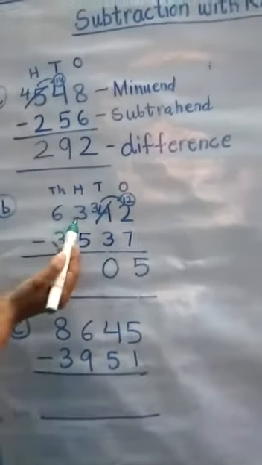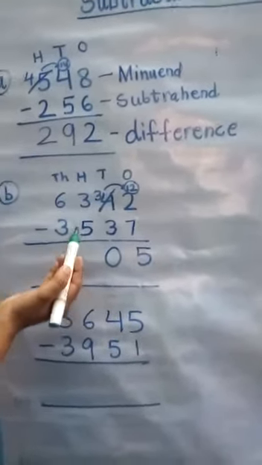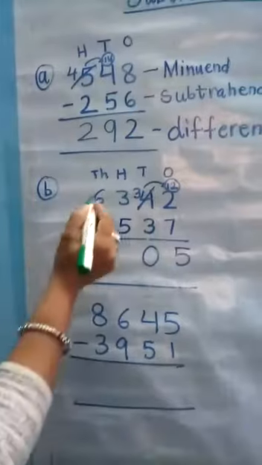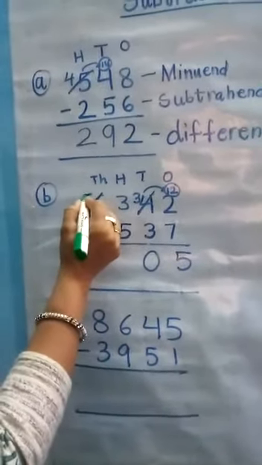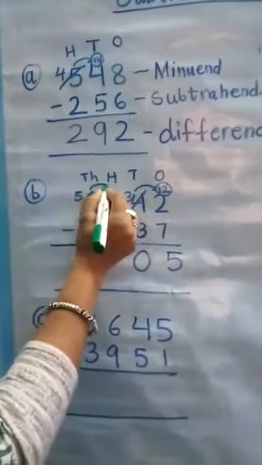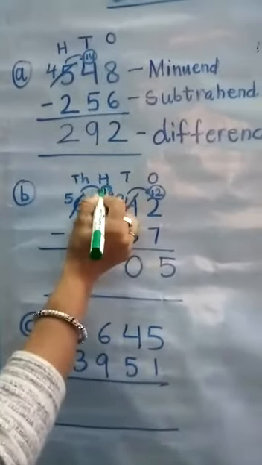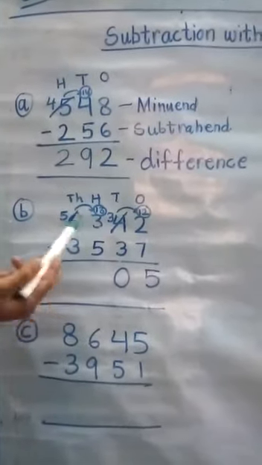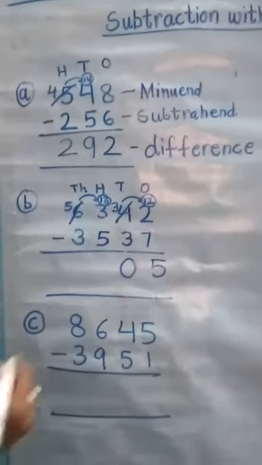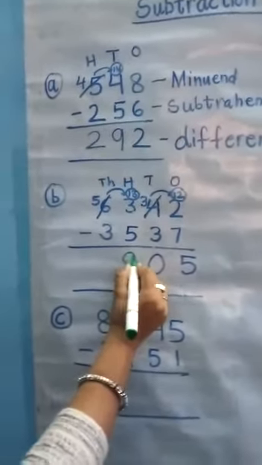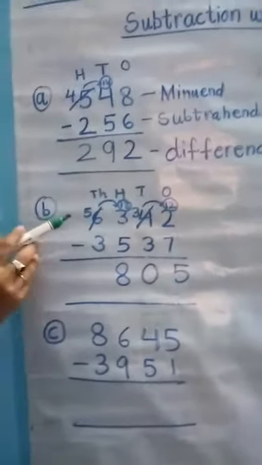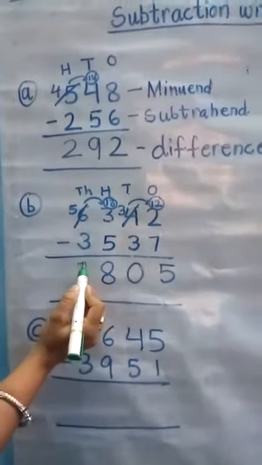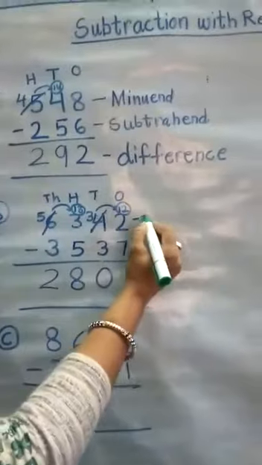Good. Now 3 minus 5, again we are finding difficulty because 5 is bigger and 3 is smaller. So in this case we have to again take help from the thousands place value. This will be 5 and we take 1 ten, so it will convert into 13. Now it is easier to do the subtraction. Subtract 5 from 13. So the answer is 8. And in this case 5 is bigger and 3 is smaller.